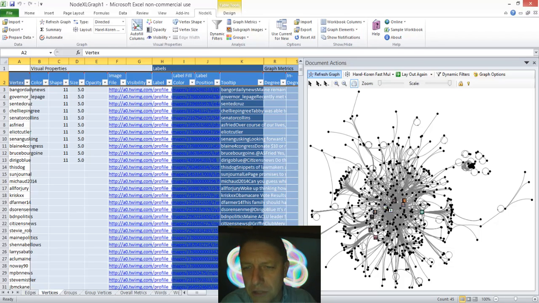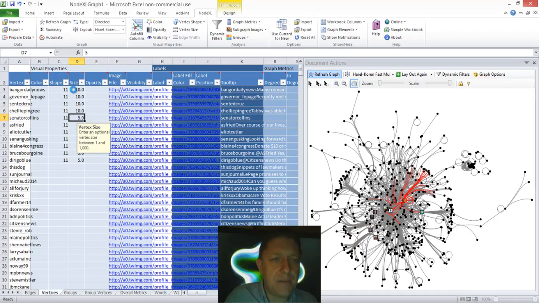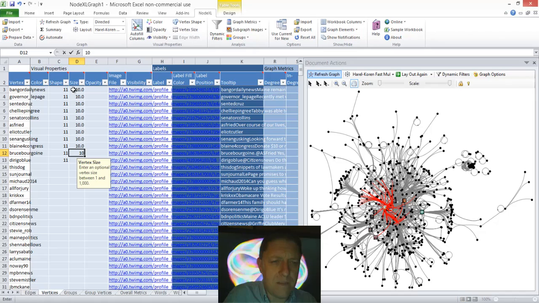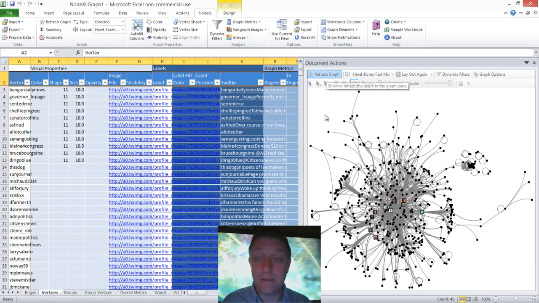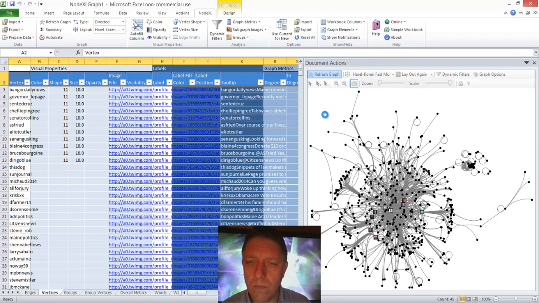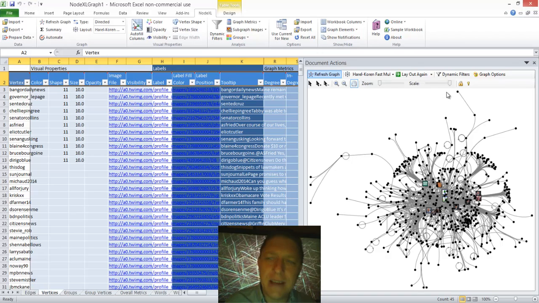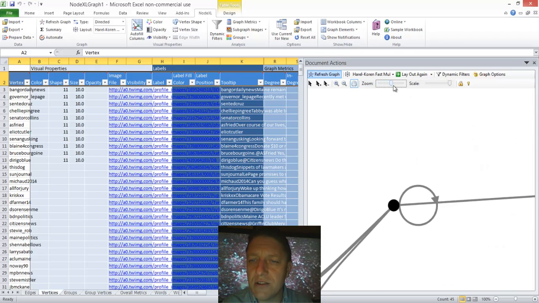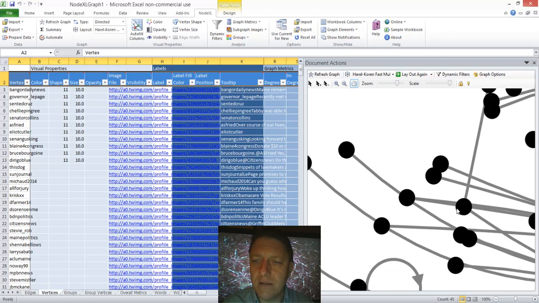Okay, well, that was a little too small there. But now you notice none of those images are overlapping. I can go in, I can change that to 10. There's a lot to do here, right? And I'm going to refresh the graph. Okay, and that's still small. I could take it back up to 20, or I could zoom into the center now. And what does the center look like?